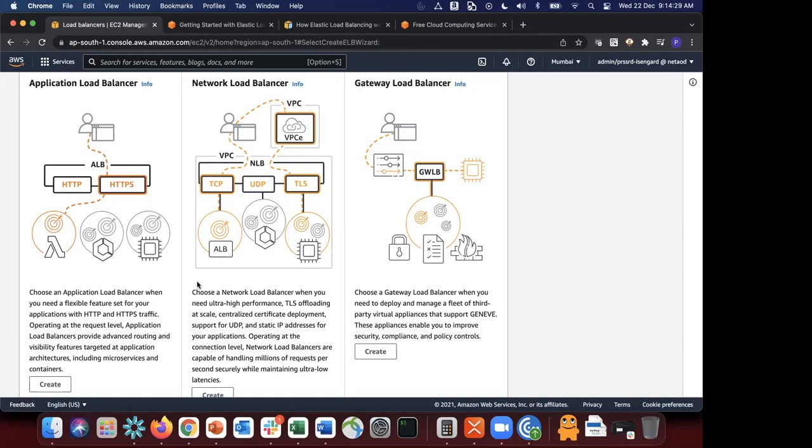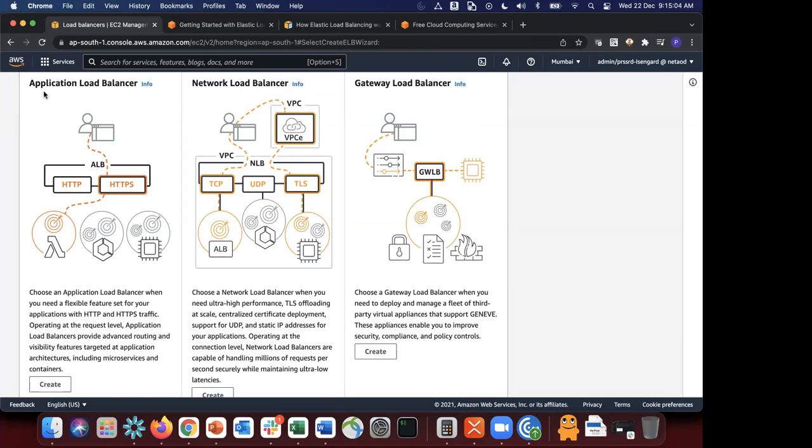ultra fast performance, then usually you go for a network load balancer because it operates at a slightly lower level. Since ALB operates at layer 7, the application layer, it intercepts each request and adds a few headers to the request, and then sends the request as per the rules defined within the load balancer. It evaluates those rules, and then sends it to the backend target. Due to this additional operation, there is a little bit of overhead associated with each request